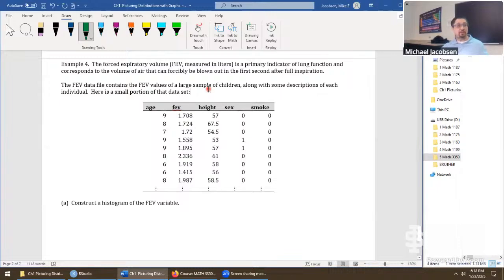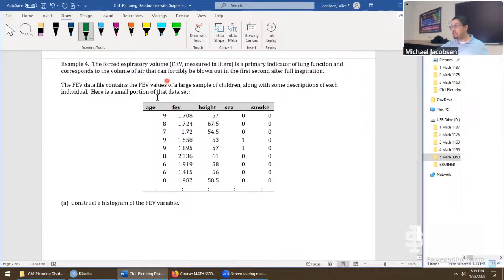But for the reminder and the rundown of this problem, FEV stands for the forced expiratory volume. So this can be done in a medical setting if you have pneumonia and they're wondering about your lung function. You take a big, deeper breath, they say full inspiration of air, and measure the volume of air that you can forcibly blow into some kind of device. So that measures your FEV in liters.